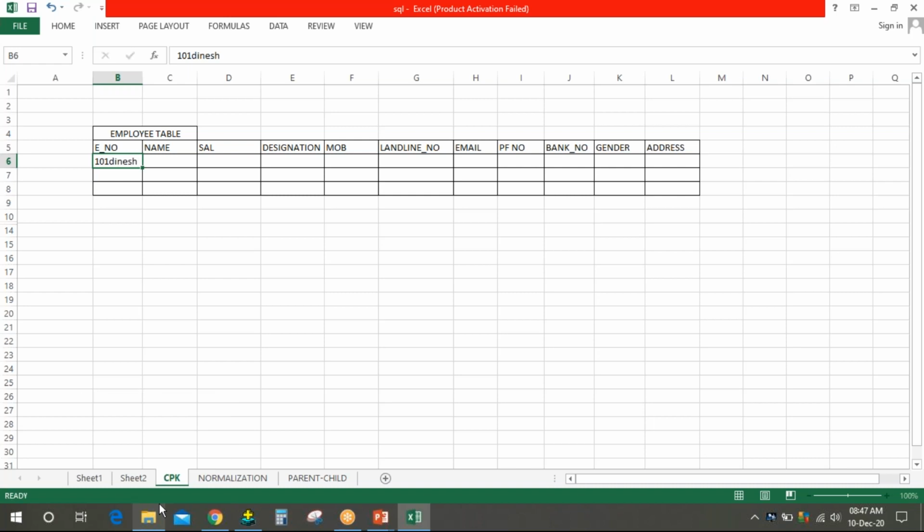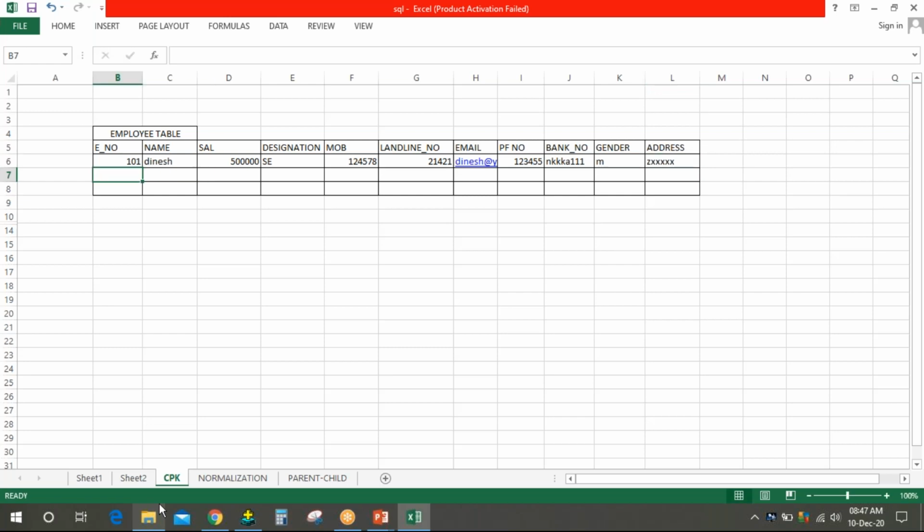They will be entering the name, designation like software engineer, mobile, landline, email, PF number, bank number with IFSC code, vendor address.